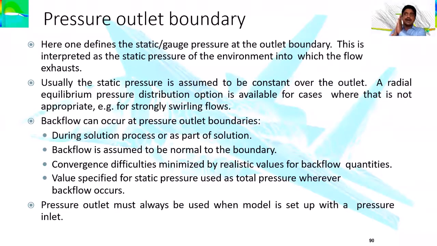If you give the outlet pressure as very high, you have raised the pressure at the outlet very high, then the fluid will not be leaving outside the flow. That means it can't come out of the flow, as the fluid has already started reversing in this direction, and the fluid is trying to come in even from the outlet direction. So the solution will start diverging, because the continuity equation itself is not satisfied, since the end pressure has been defined as very high.